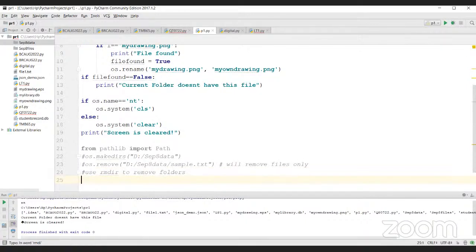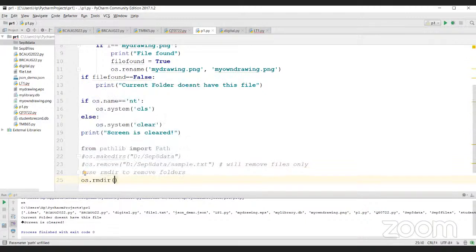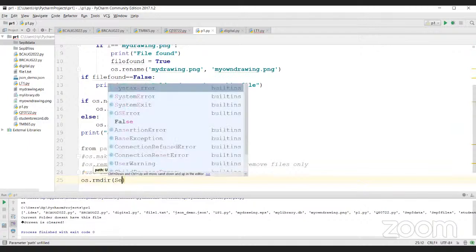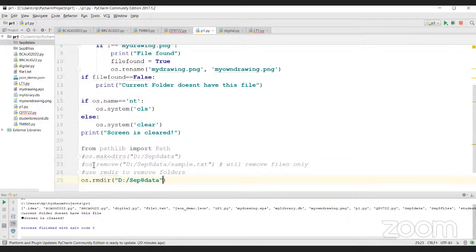So now when I say os.rmdir, and here I say September 8, we'll copy and paste directly from here. Now when you run it, see the folder is gone. September 8 is not there. See, it's gone. So rmdir will remove the folder, and remove